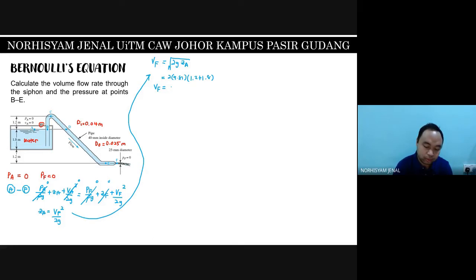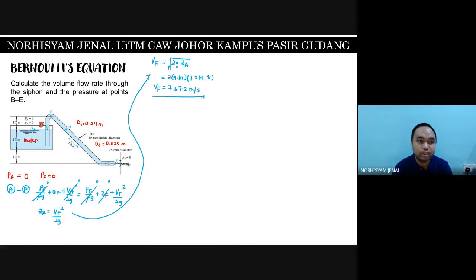58.86, and then the square root of it, 7.672 meter per second. That will be the answer for VF. Okay, so once we get VF, we should be able to find out the first question, which is what is